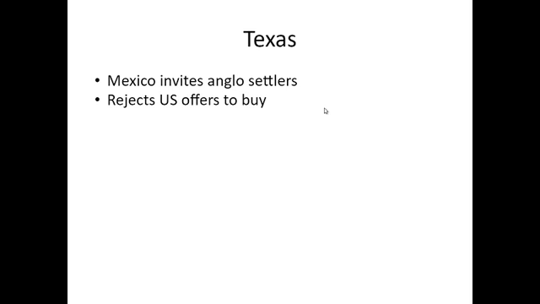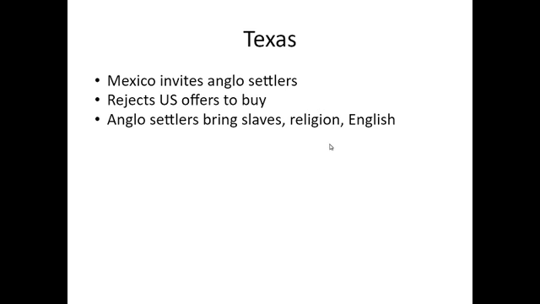The U.S. said, hey, there's a bunch of English speakers here. Let's buy this land. Mexico said no. But there was a lot of conflicts. Okay, so